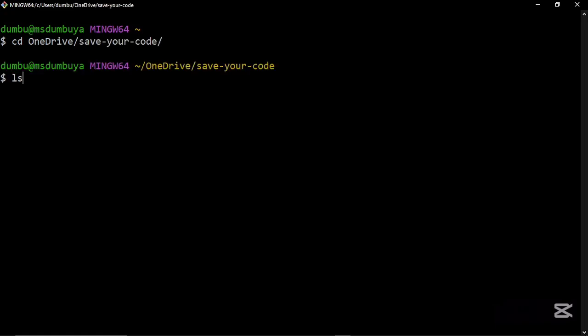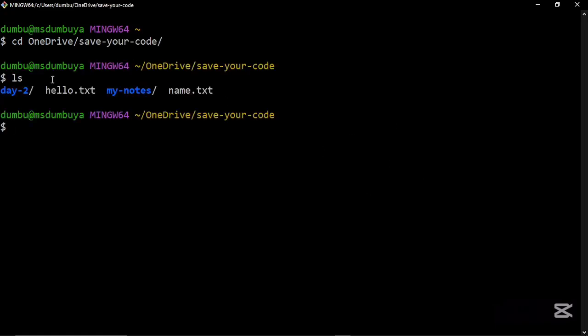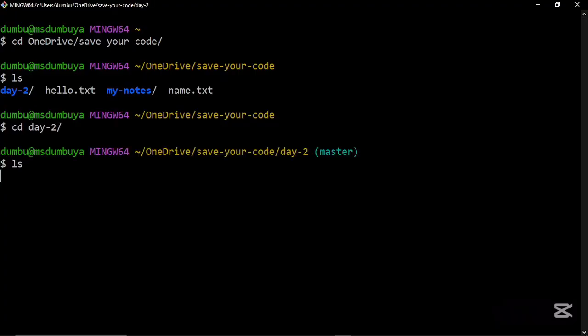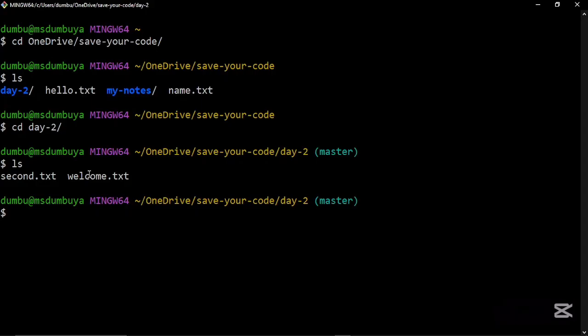Yeah, so now the Day-2 folder is what we will work on last. I will explain why. So we sit inside Day-2, then ls, yeah, we get the previous content, then second.txt and also welcome.txt. So now we can use git status again